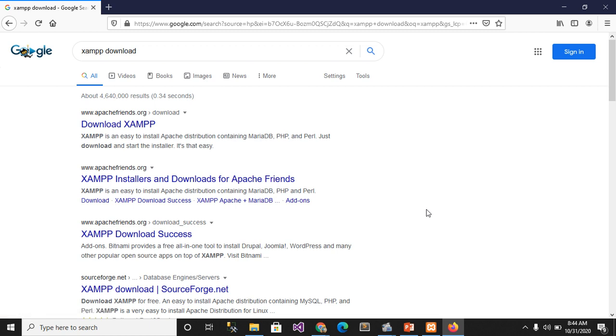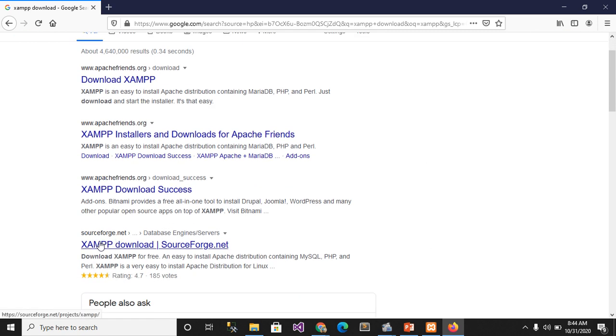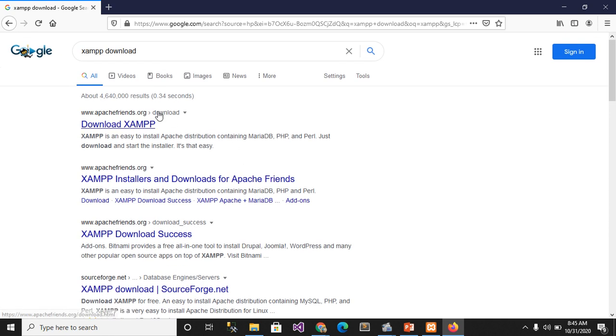that show that you can download XAMPP, but it's not recommended, like this one, this site, sourceforge.net. I don't want to recommend you to download XAMPP from this site. Okay, you must go to apachefriends.org. So this is the right